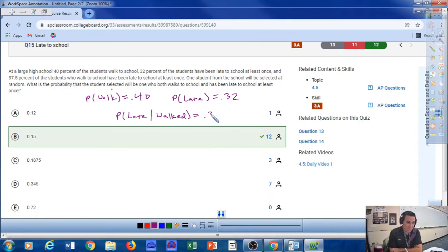That is 37.5%. Not late and walked. The way it was worded was, students who walk have been late at least once. It's who walked. So you were given that you walked to school and you were late. So they are asking us, one student will be selected. What is the probability that the student selected will be one who walks to school and has been late to school at least once? So if you think about a tree diagram on this one, they either walk to school